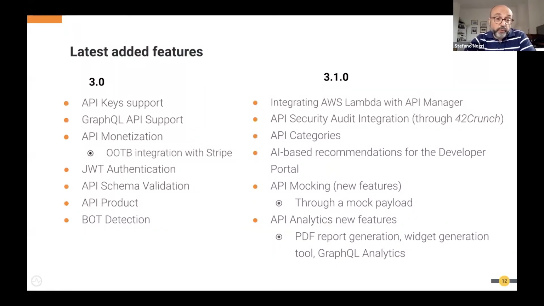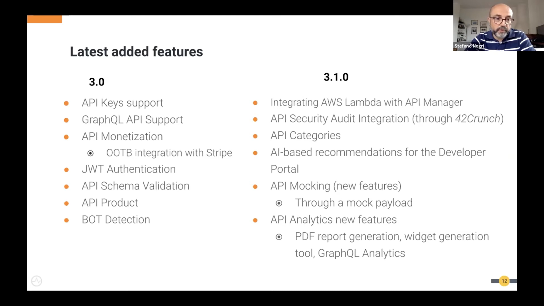Exactly, this is what we introduced in the 3.0 version last year, and this year we also already made an upgrade. Recently, with these two versions, we made a really great step ahead in terms of features that we can cover. Here you can find a really broad list that I wouldn't go through in detail one by one, but as you can see, we're trying to cover really all the potential needs for each and every customer.